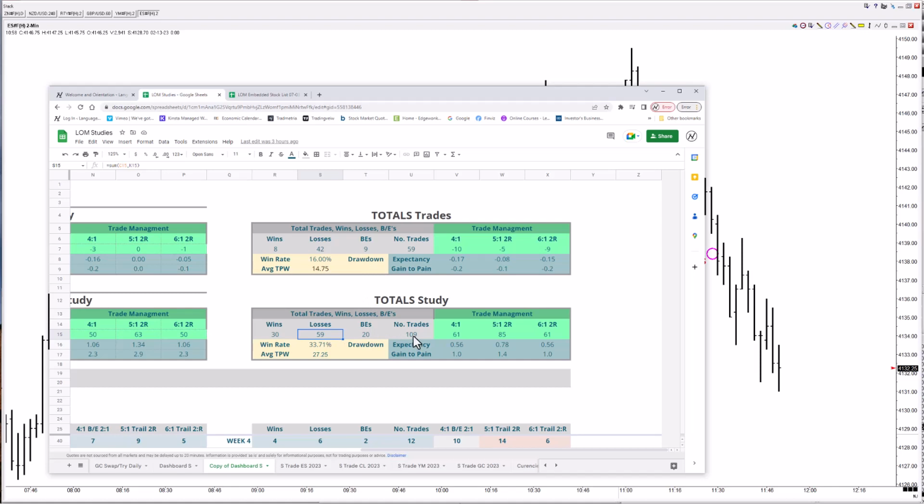In the total, 109 trades total, and this is for basically January. 59 trades total for the cherry picking due to I have a feeling. And this is the results at 4-to-1 target, 5-to-1 target, 6-to-1 target. And so what really stands out is how many losses you didn't get. But then look at the results. This is up 85R, while this is down minus 5R. Now, there's a lot of people who'd be happy to be down only 5 stops for the month.